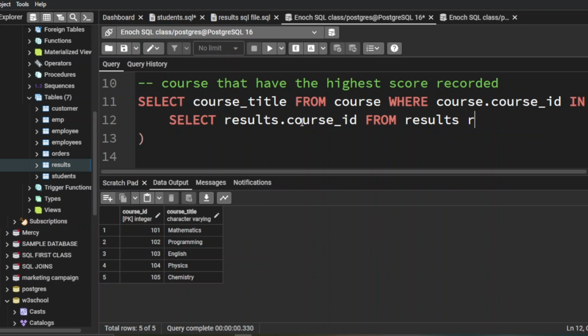results R. So now we're telling it to select our course title from this course table where the course ID is in the results table. So is in, then our subquery started. We are telling it to go to our results table and select the course ID on that results table from the results table. Okay, I said we are not using an alias again. From results,